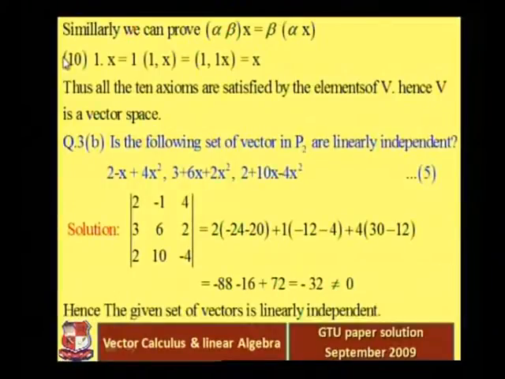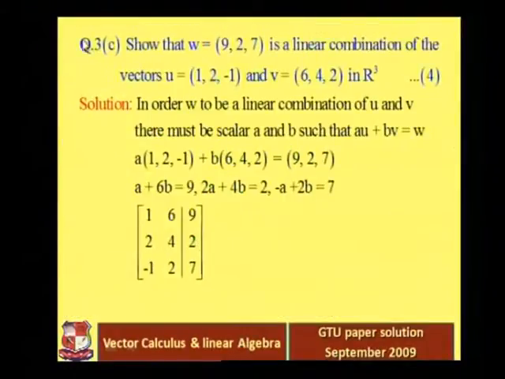And the last condition, similarly we can prove alpha beta into x is beta into alpha x. Okay, 1 into x is equal to 1 into 1x, that is equal to 1x, that is equal to x. So thus all the 10 axioms are satisfied by the elements of V, hence V is a vector space. So next question,